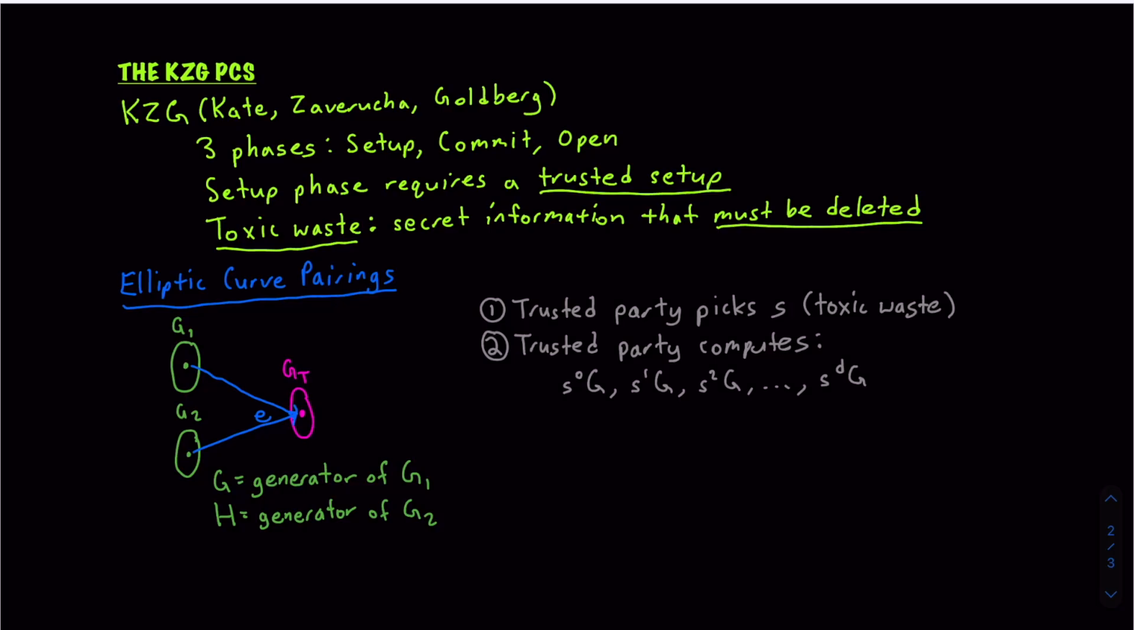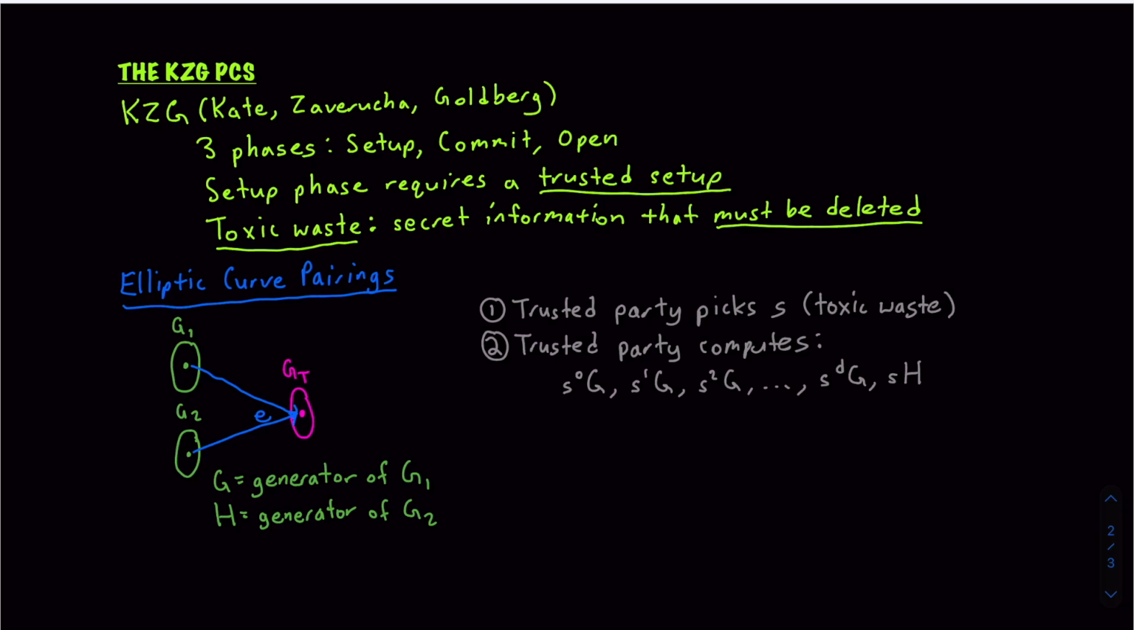If we want to make it possible for the prover to commit to a polynomial of degree d, we need all the powers up to s to the power d. The trusted party also computes s times h. Once this is done, the setup phase is complete, and the trusted party deletes s, ensuring the toxic waste is gone. Again, it's super important that this is deleted, since anyone that knows s could compromise the security of the